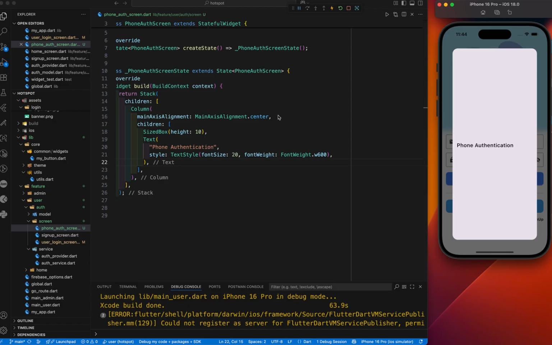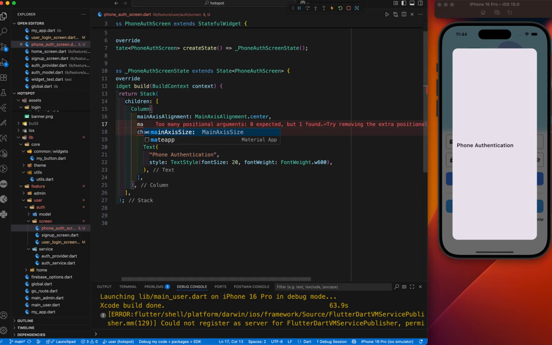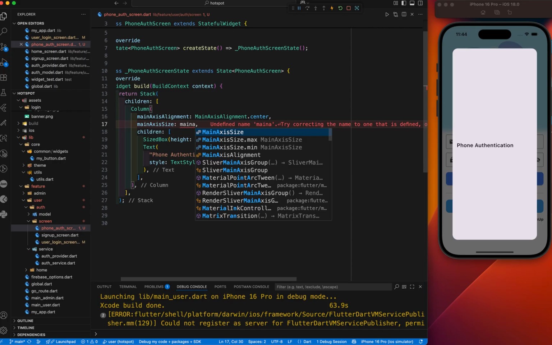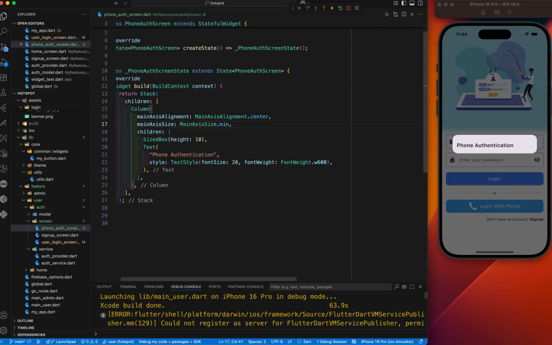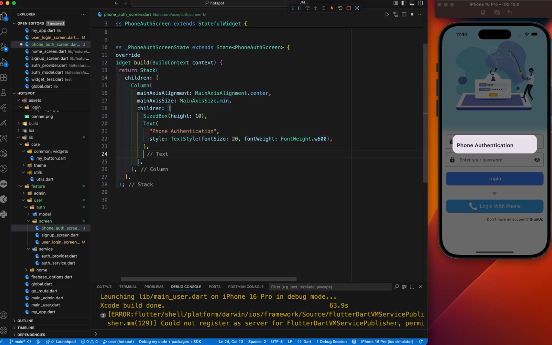I'll just do one thing. This is main axis size dot min. If we set it, then it will only take the required space. Okay, after this phone authentication text, again I'll use this size box, and next thing is instead of passing the